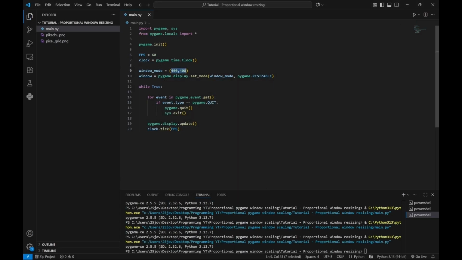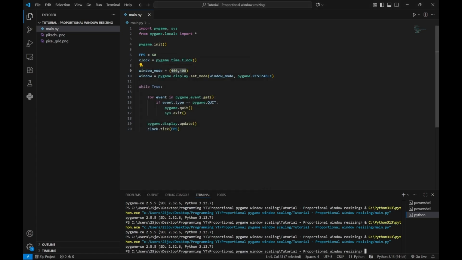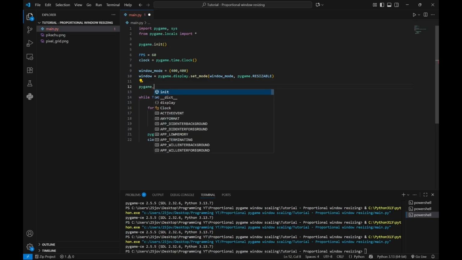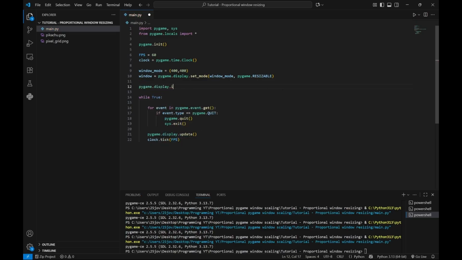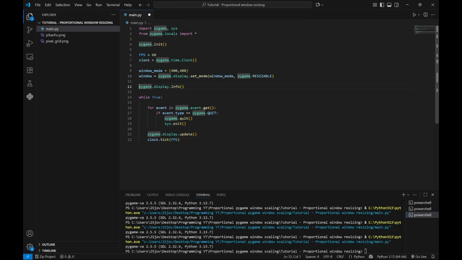We just set our Pygame window to be 400 by 400 pixels, and that's a very arbitrary, very random screen size. I just threw a bunch of random numbers out there. But we're working with screen dimensions here, so we need some more information about it. And we can do that by simply calling pygame.display.Info, and we can store that in a variable, display_info. We can even go ahead and print out display_info. And if we run our code